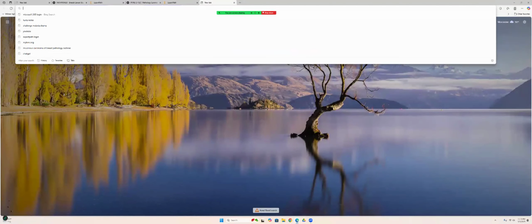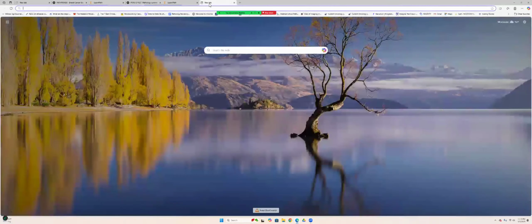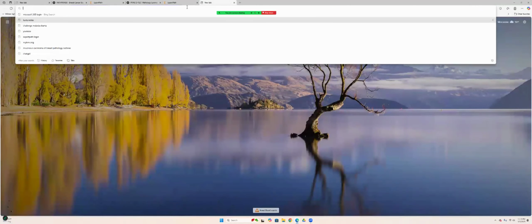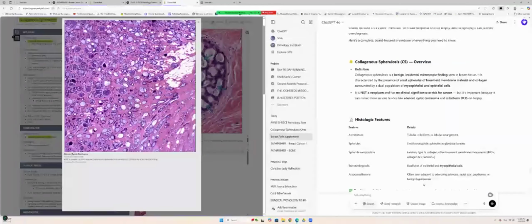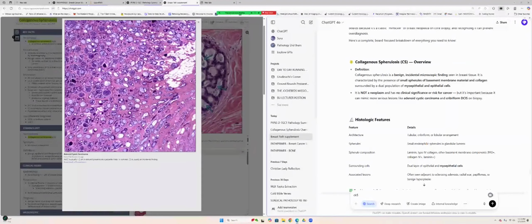Somehow, the cells will look polymorphous, but it still won't be so clear. Understand? So in such instances, you need to use CK5/6 to differentiate between DCIS and UDH. It's high molecular weight keratin. It can still stain myoepithelial cells somehow too, but it's beyond that. So if you have high molecular weight keratin,